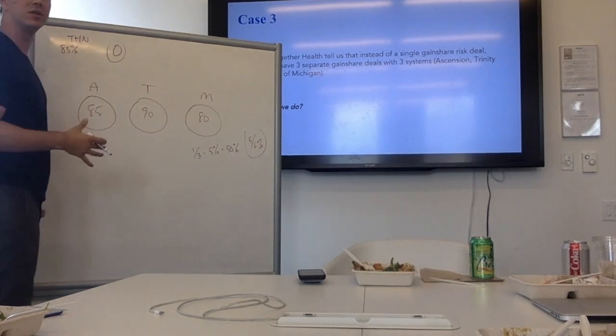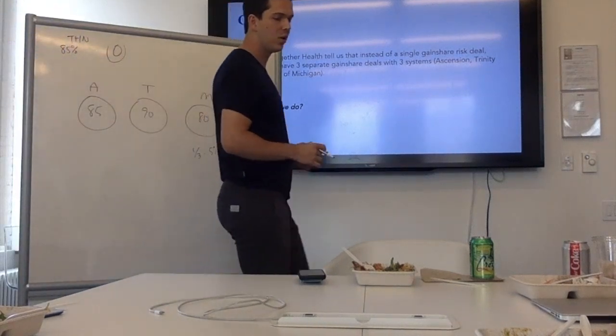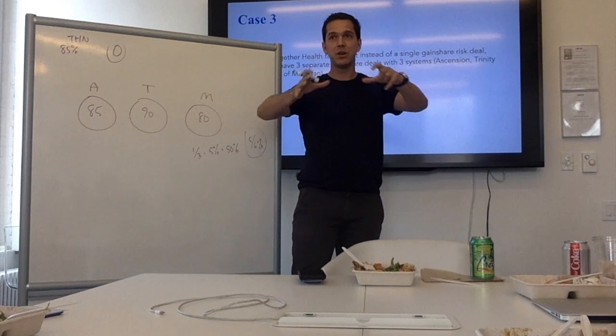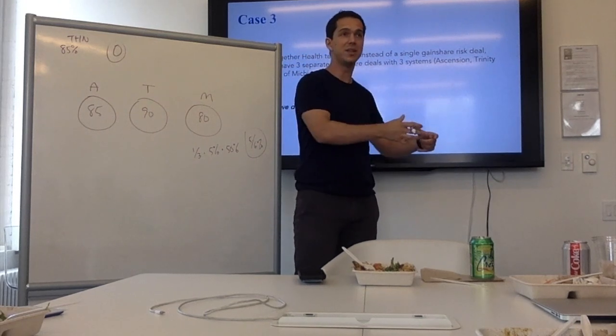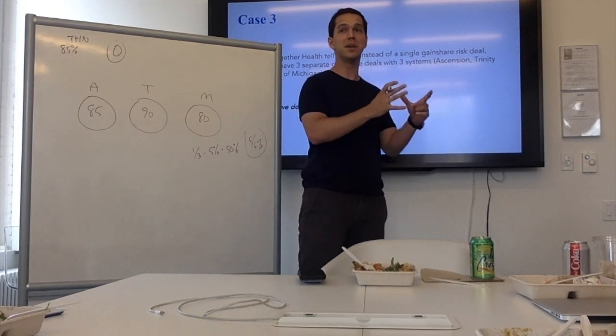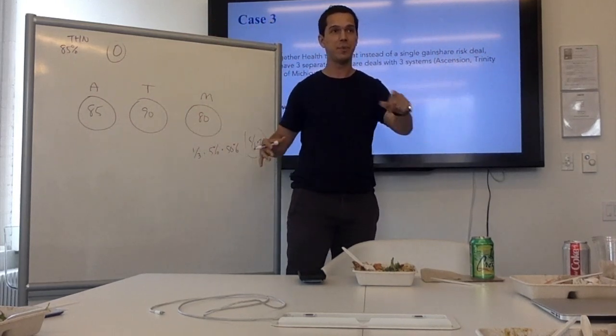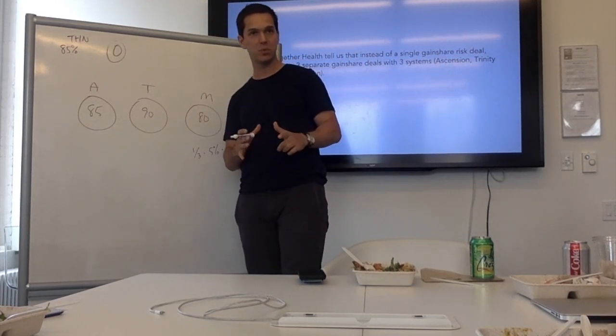And this is a material issue. I'm going to talk about the implications of it. So anyway, the first thing is that fracturing a market into multiple risk deals increases the odds that somebody will win on their gain share. That's the most important point. So Basil's point is basically the most important one.